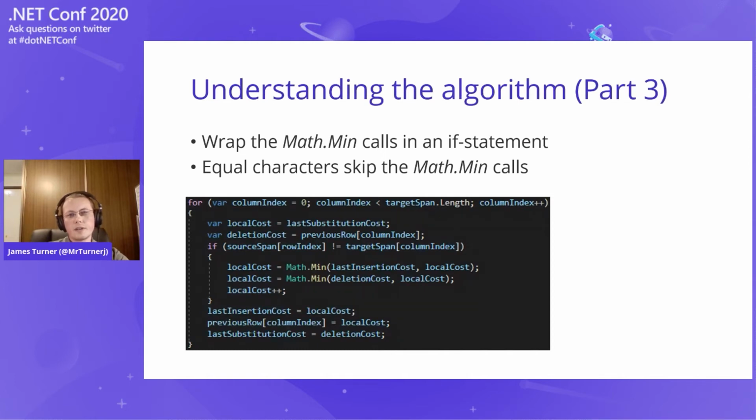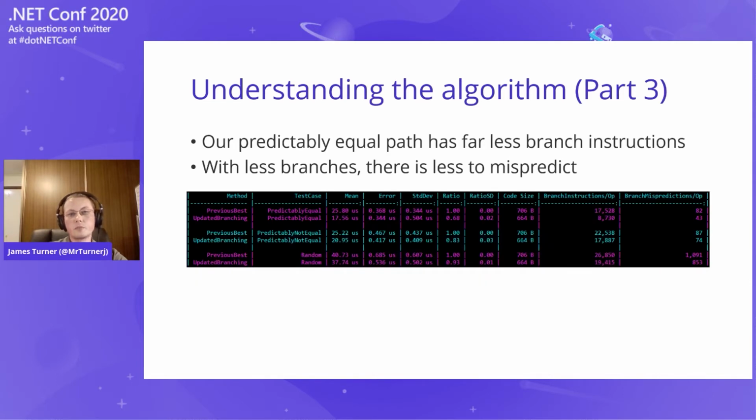Replacing our ternary operator with a full if statement for our character comparisons, we can wrap our Math.Min calls. This makes our best case, where the characters are equal, have 2 fewer branches. Our worst case, where the characters are not equal, has the same number of branches. Performance-wise, we are seeing a measurable speed up across the board. The hardware counters, while remembering their accuracy limitations, show a large difference on our predictably equal test case. Strangely though, there is a speed up on the predictably not equal path, though there should be no fewer branches